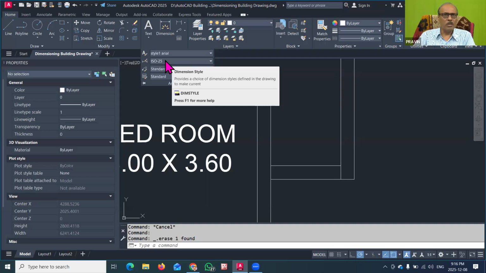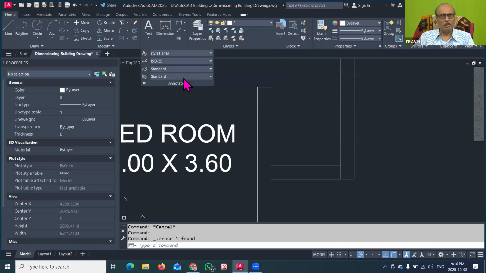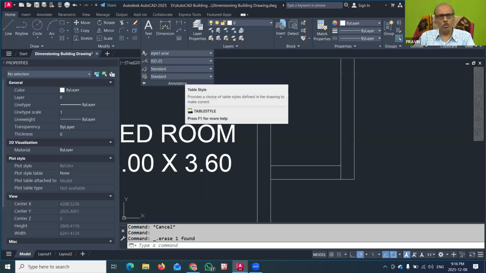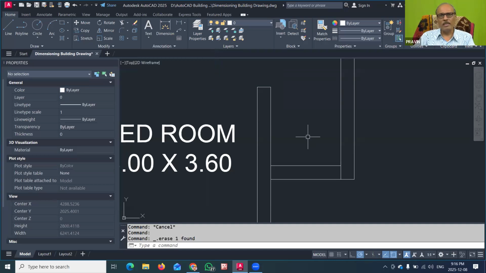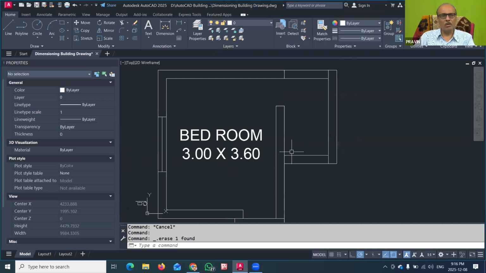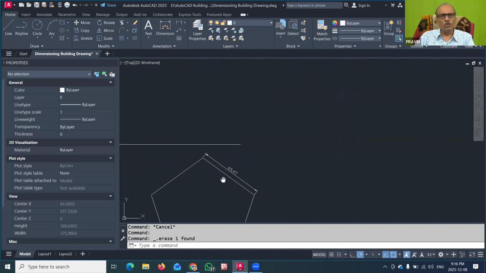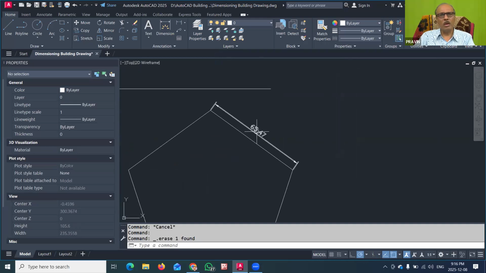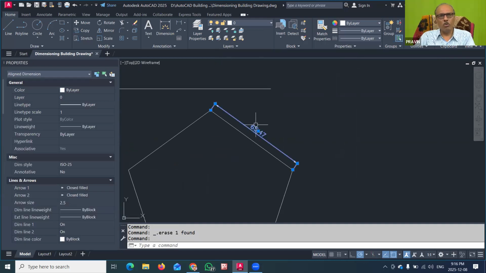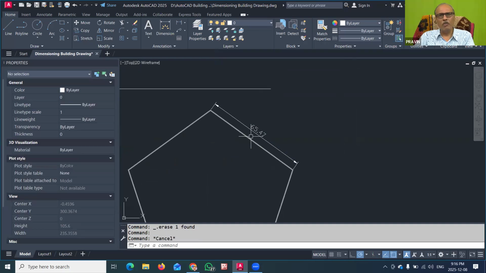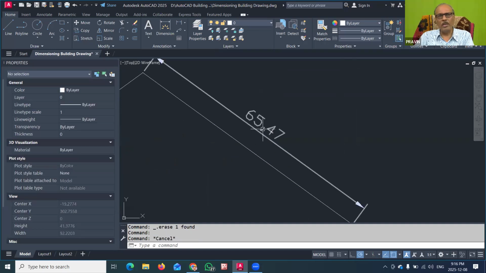First of all, you have to understand what the elements of a dimension are, for any dimension. Suppose you want to show any dimension. For example, I will go here to this small size drawing. You can see this is one of the dimensions, 65.47. It should show a point, but it is not appearing as a point, it is appearing as a comma. So this is another, fourth challenge that we have to address.